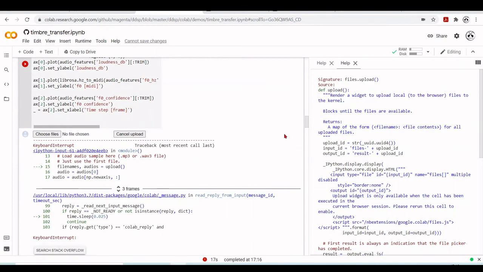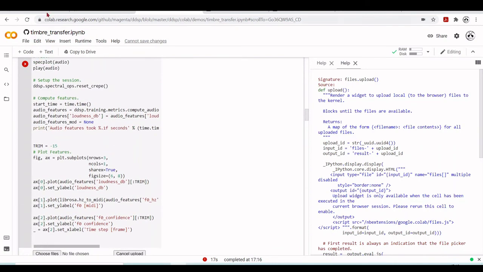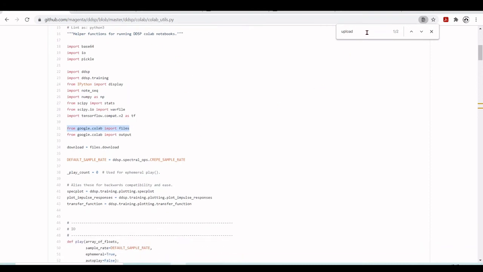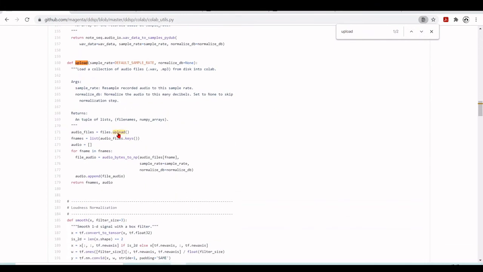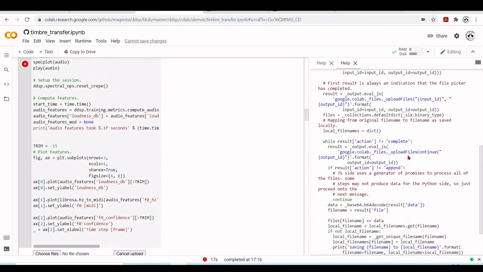So it's calling this upload function from the Google Colab utils, and inside this Google Colab utils it also uses this files upload. This files upload is from